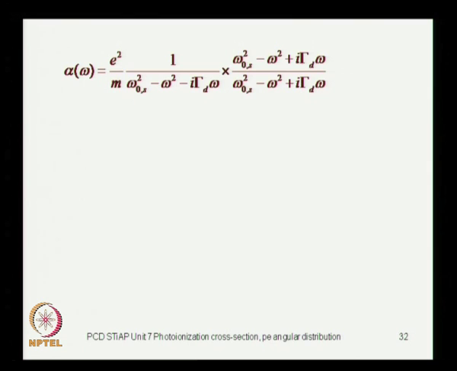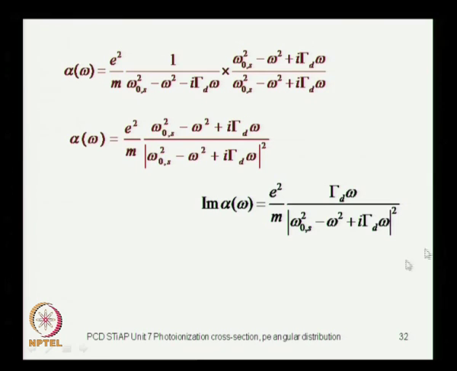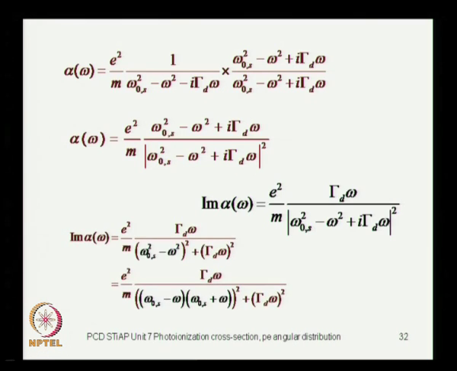Now what I have done is to multiply and divide by the complex conjugate of the denominator, so that I can extract the imaginary part of the atomic polarizability. That is the quantity of interest, as we have already recognized. So I have multiplied and divided by the complex conjugate of the denominator, and then I can extract the imaginary part of this quantity; this is the real part. The imaginary part of the numerator is this gamma omega. Gamma is connected to the damping coefficient in our oscillator equation, and you can play with these terms a little bit,